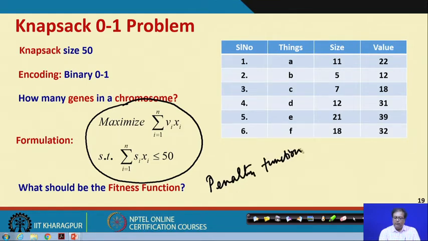Essentially what this approach does is add the constraint into the objective function itself and convert the constrained problem into an unconstrained optimization problem.